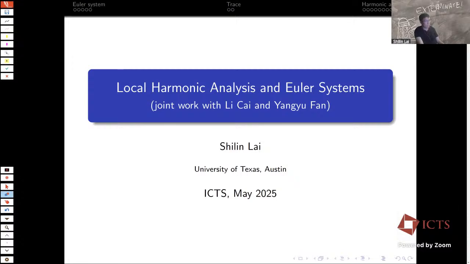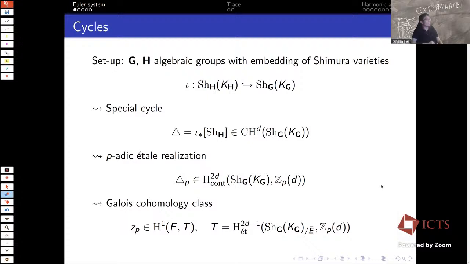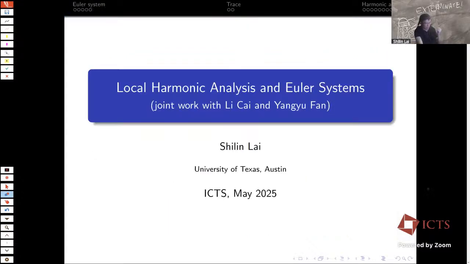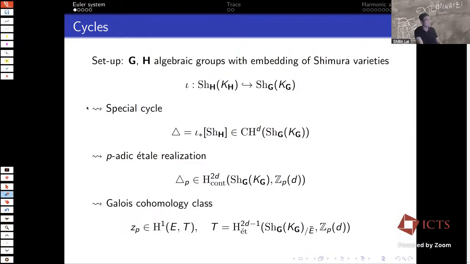To start with, the entire talk will be focused on two different settings. So I'm going to explain both of them at the same time. So our setup is,